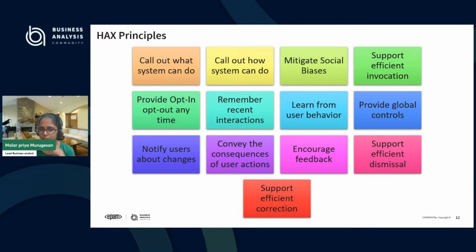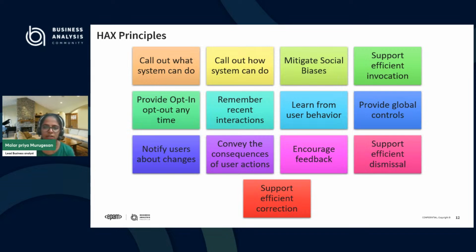And you need to remember the recent interactions and learn from user behavior. This is very basic to AI. Okay, so that is not a big deal. And notify users about changes. If there are any changes available, you need to notify the user. That is applicable to any application, not only AI applications. And convey the consequences of user actions.